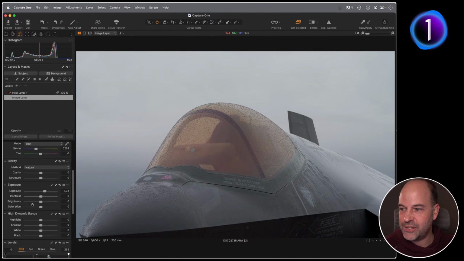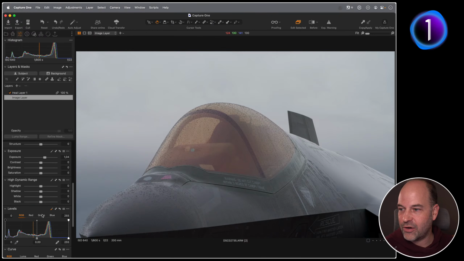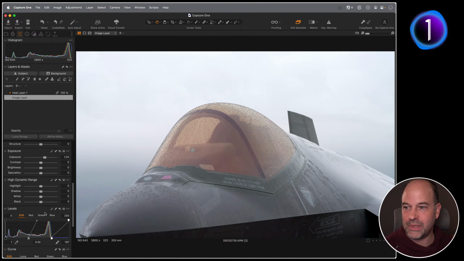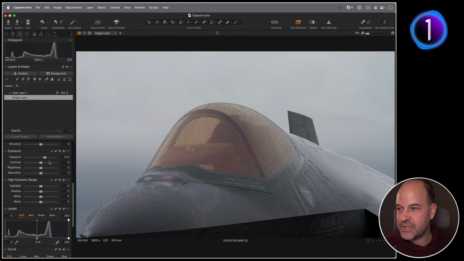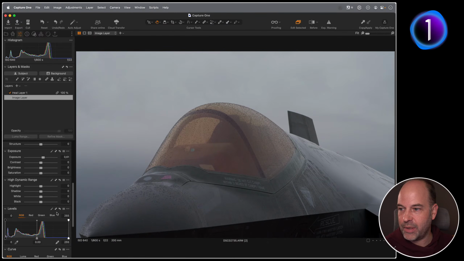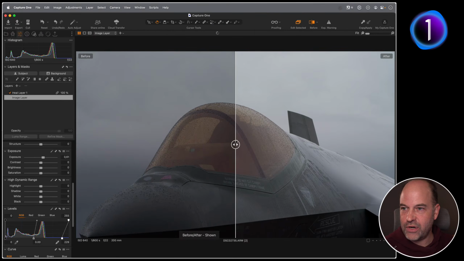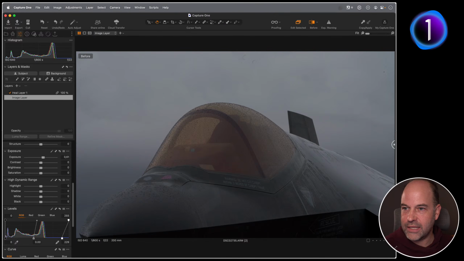So I would tend to ignore, if you like, the correct adjustments, which would be this, and actually go for something which is generally a little bit more on the dark and moody side. I think that's absolutely fine. So my personal preference would be something like this.